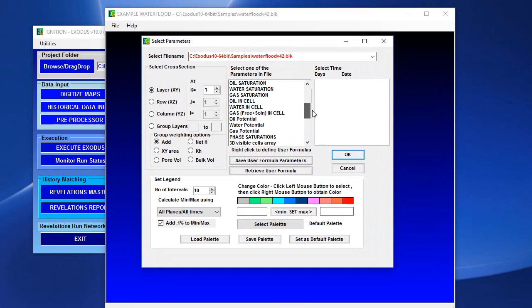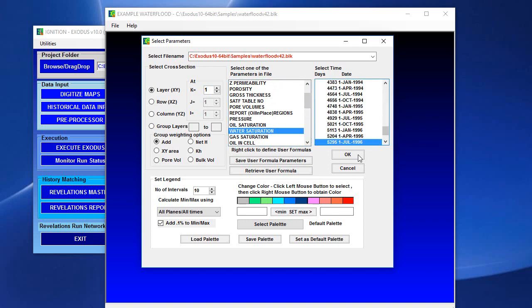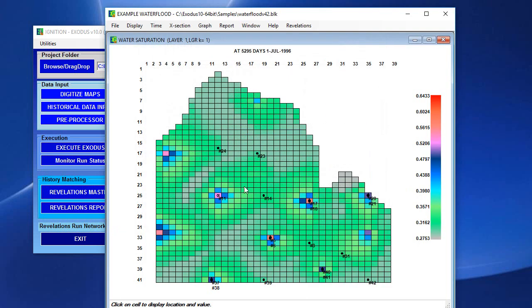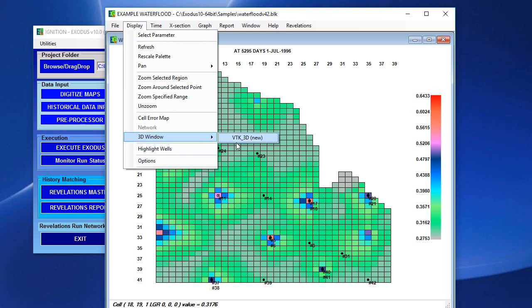the selection parameters form, and then let's pick out, say, water saturation towards the end of the run, for example, and we would see a 2D picture of the water saturation distribution in the grid cells. If you wanted to show a 3D picture, you go Display, 3D window,